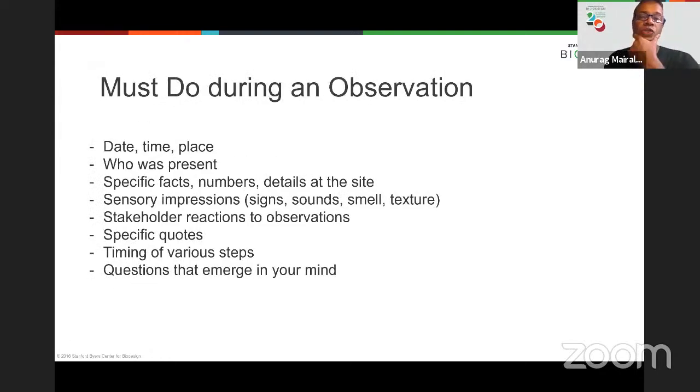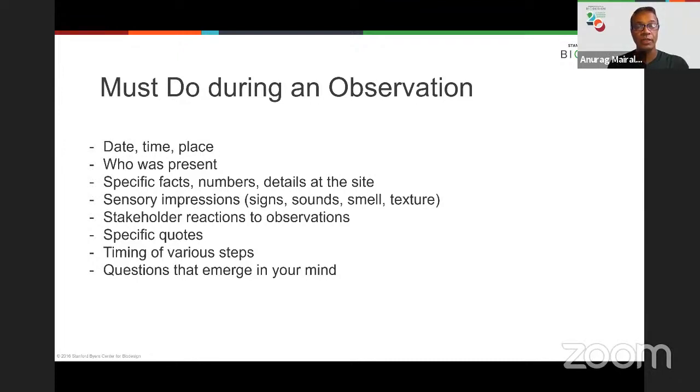And what are the must-dos when you're doing an observation? You absolutely must write down date, time, place. You should know who's around, because that creates the environment. You want to write down specific facts, numbers that come up. Oh, he says, we see 12 customers every day, and during the pandemic the number has gone down to 2, right? So remember, write down specific facts, numbers, details, and your impression of the sounds, signs